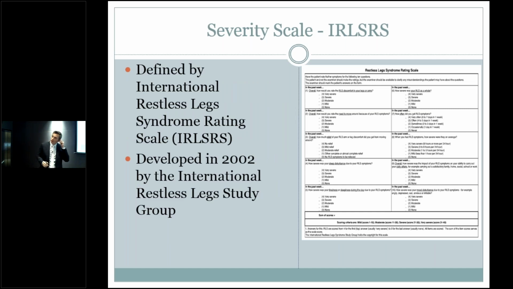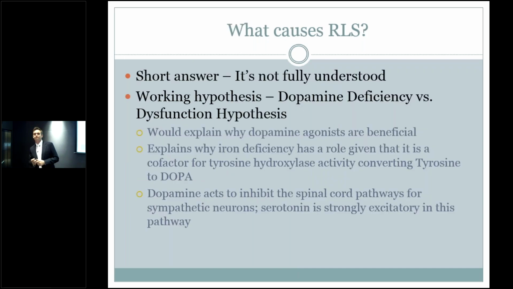This scale, the IRLSRS, is similar to what we use our Epworth for, except the Epworth is much easier to administer in the clinic setting. Oftentimes you have to hand this to patients, and it gives them a flavor of how severe it is or how much effect it has. This is more something I would use if we have tried a multitude of interventions that have been unsuccessful. Where are we missing the target in terms of helping these patients out? It is similar to, I know we had a thing with the mini mental recently. This is actually a copyrighted test, so we don't use it all that often.